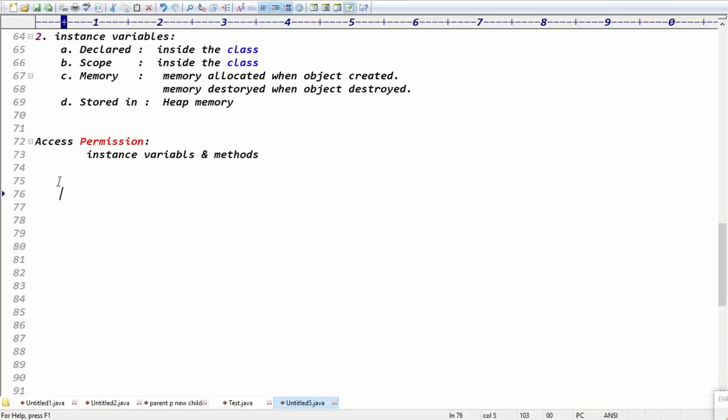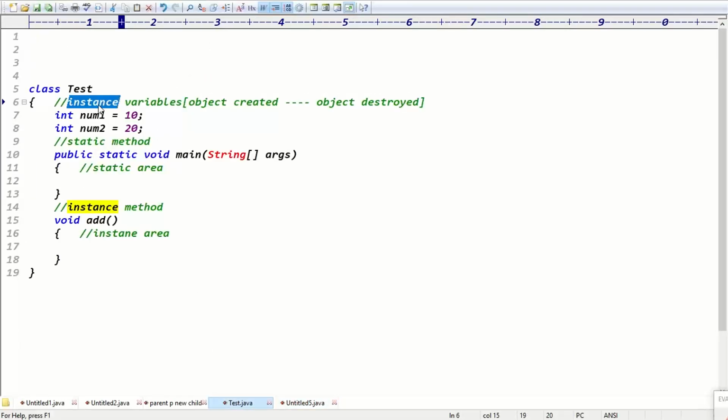If I have an instance variable, where can I access it? I can access that variable either in the instance area or in the static area, right?